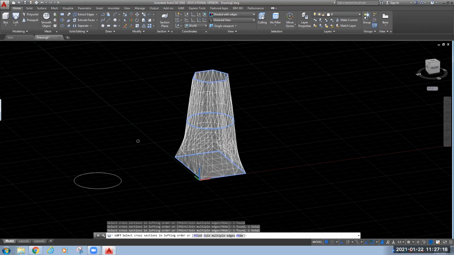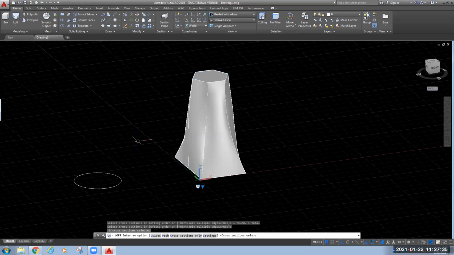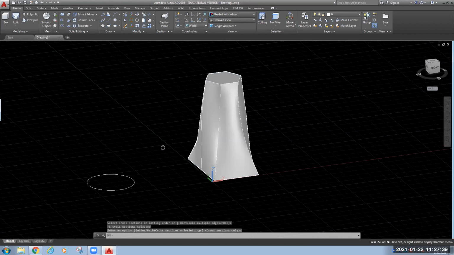Okay. So as you can see here, you have made a 3D component with changing cross section. Now after selecting those profiles, you have to press enter and one more time enter. So this is the profile that we have obtained by joining those three figures.